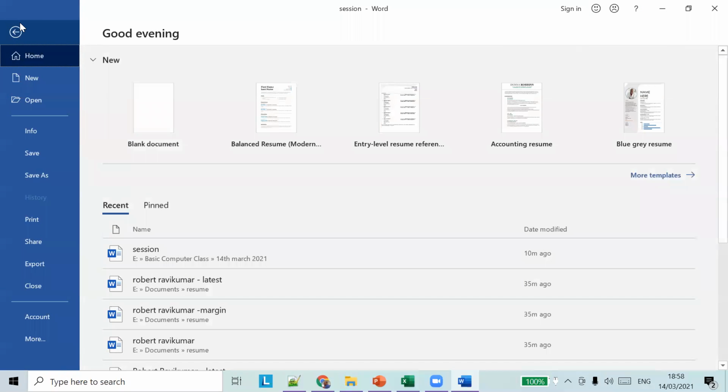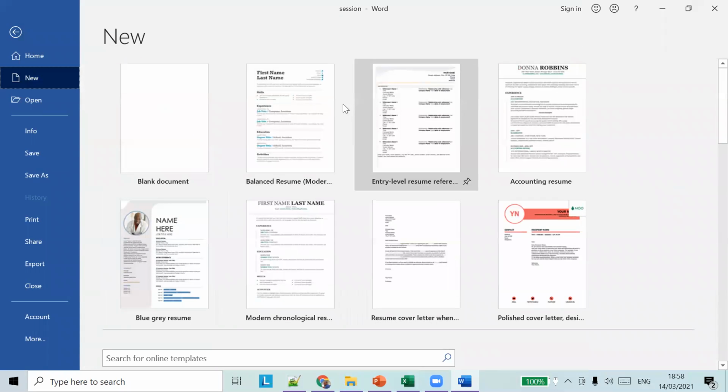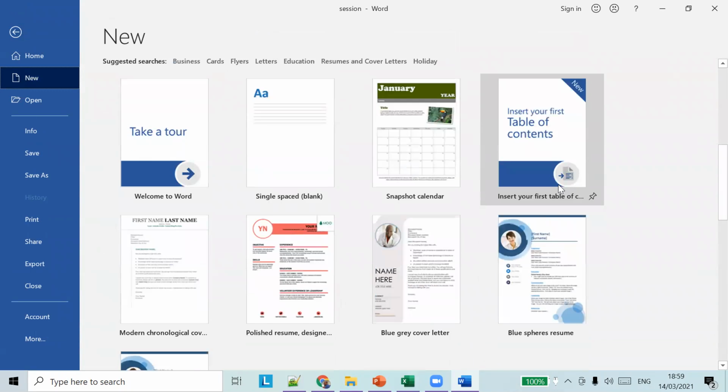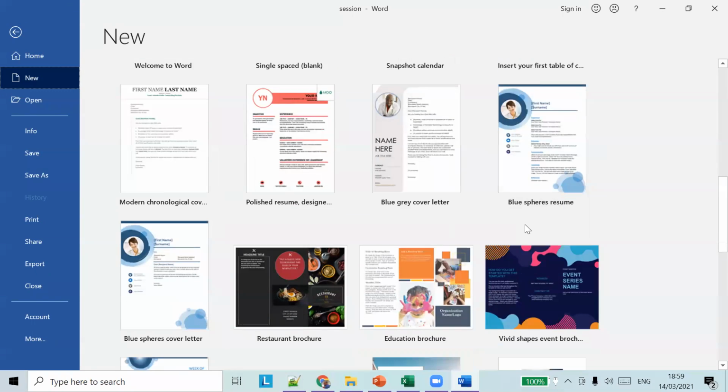Templates can be chosen from here. When you create a new document, you can create a blank document or choose from a set of templates here. These are predefined templates, and these templates come with some themes.